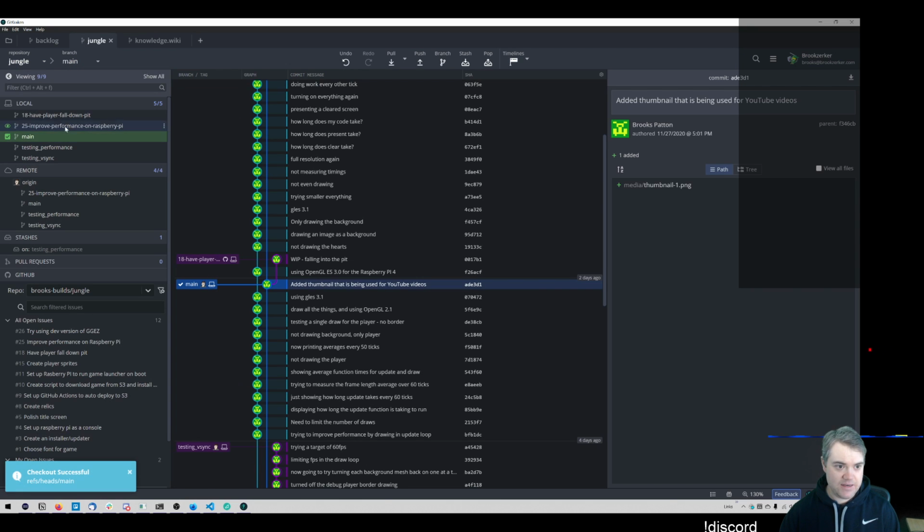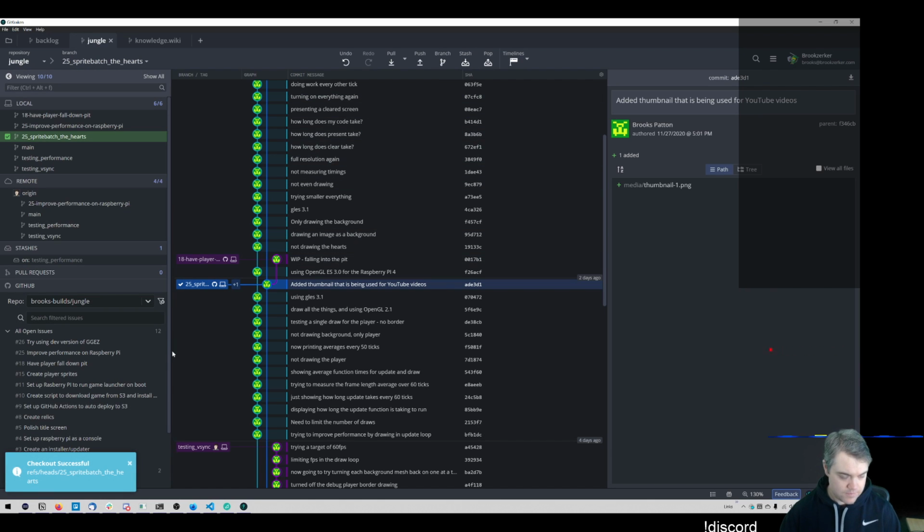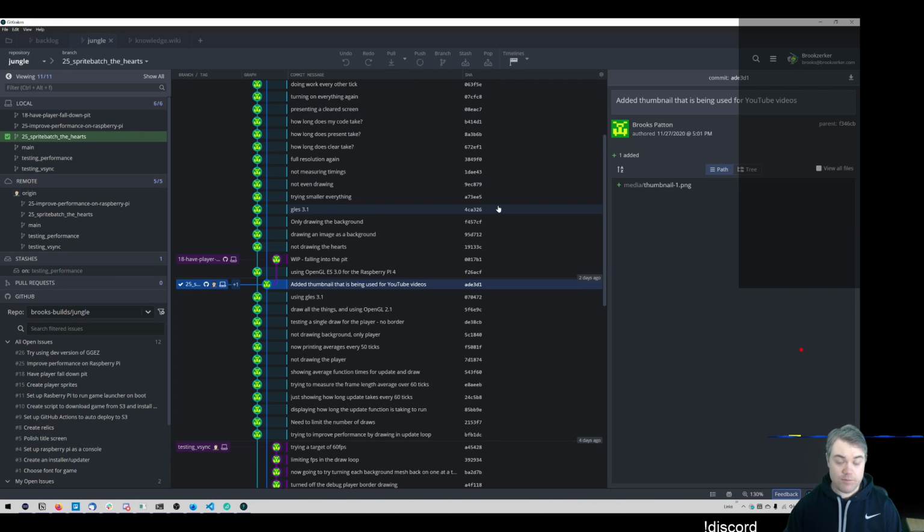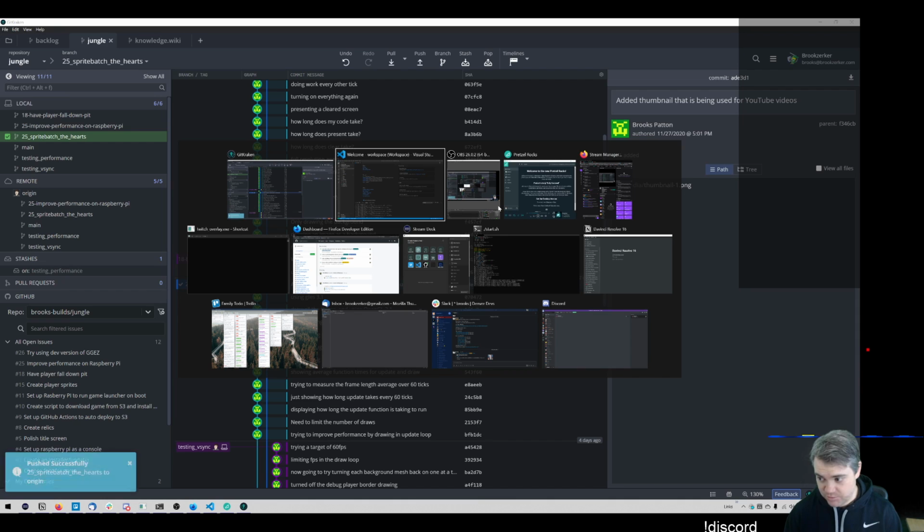I want to come back to main, create a new branch, and we're going to do this 25. The first thing that we're going to do here is sprite batch the hearts. That should give us a little bit of improvement there, and every little bit of improvement that we can squeeze out of this is going to help us out quite a bit. I'm going to go ahead and push this on up right away so we can get those CI tests working, and it will let us know in case things are terrible later. All right, so with that,